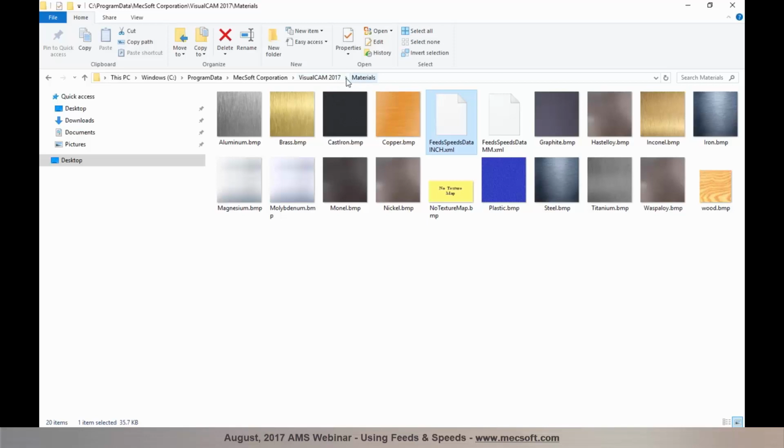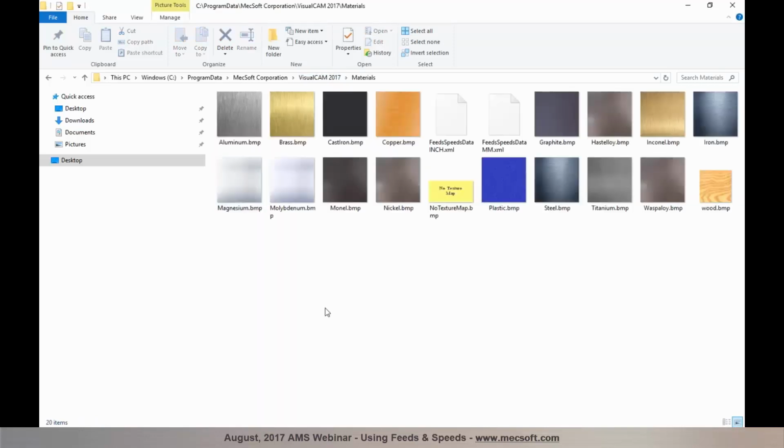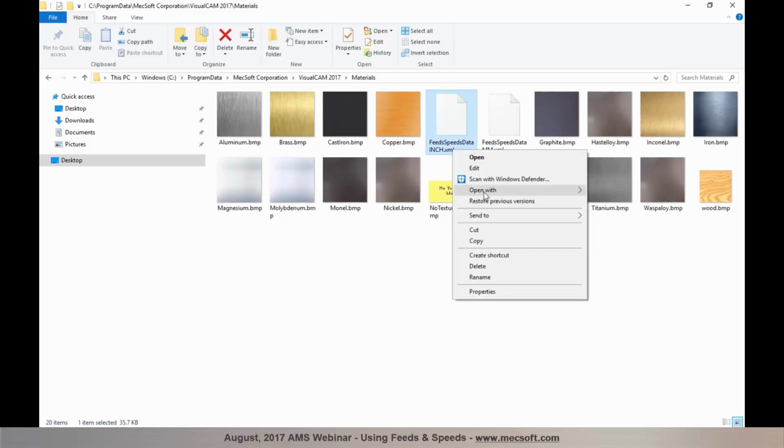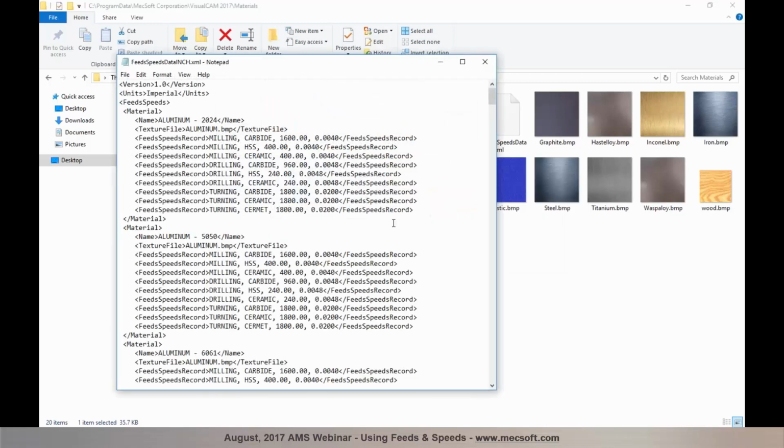So you go into the folder, and there's a folder in there called Materials. So you open up the Materials folder, and you'll notice that there are texture map files for several different material types, and also there's two XML files in here. There's one for inch units, and there's one for millimeter units. Now, you can edit these XML files using any text editor of your choice. I'm just going to pick Notepad in here, and you'll notice that the information that's contained in this XML file